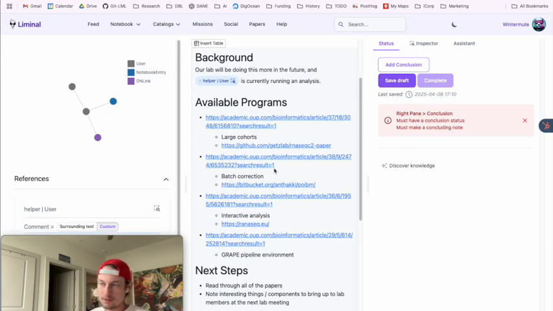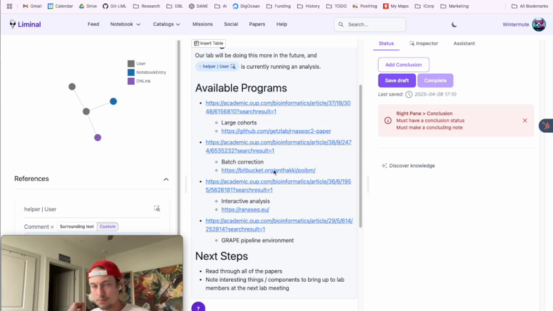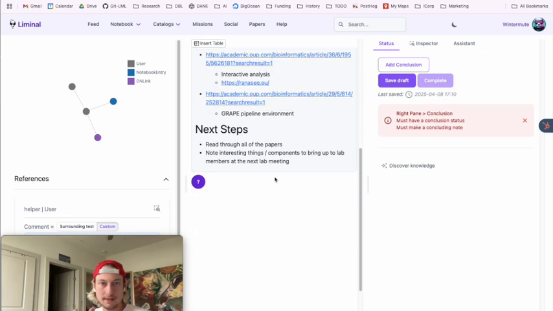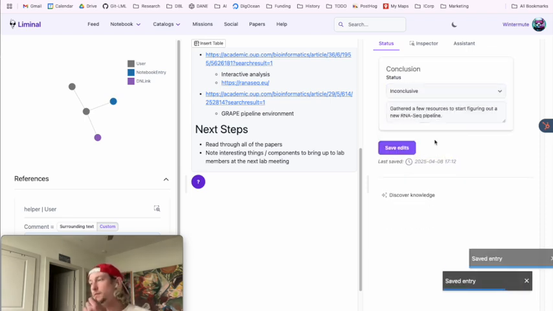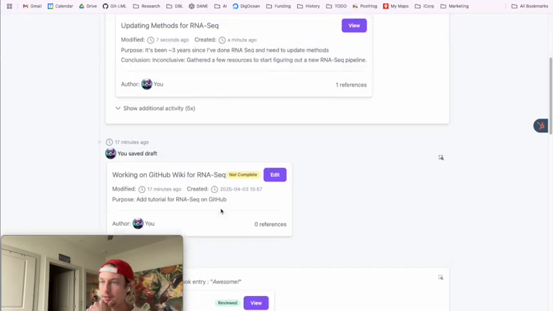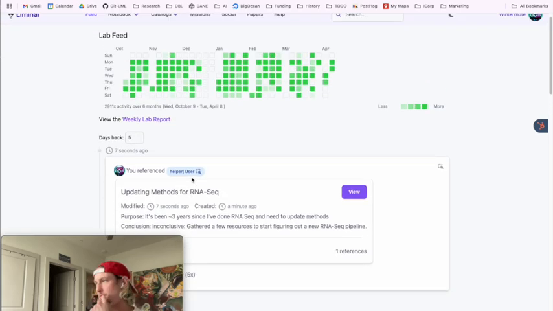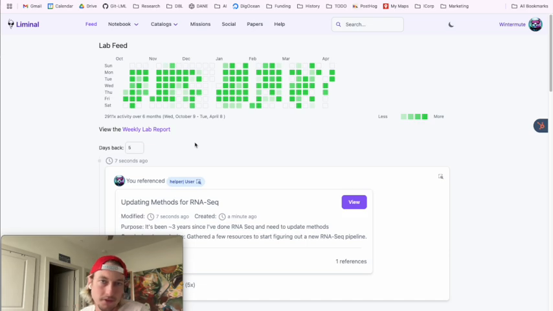I like to work in very granular notebook entries. I like to open something and then close it. And so what I'm going to do is add a conclusion. Awesome. And I'm just going to complete this. This is now complete, right? I did barely, took me hardly any time. It actually was good for me to slow down and write my thoughts.